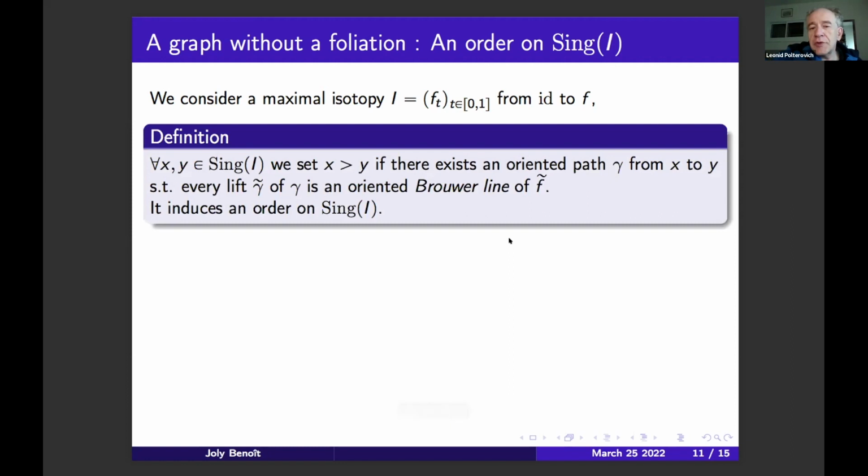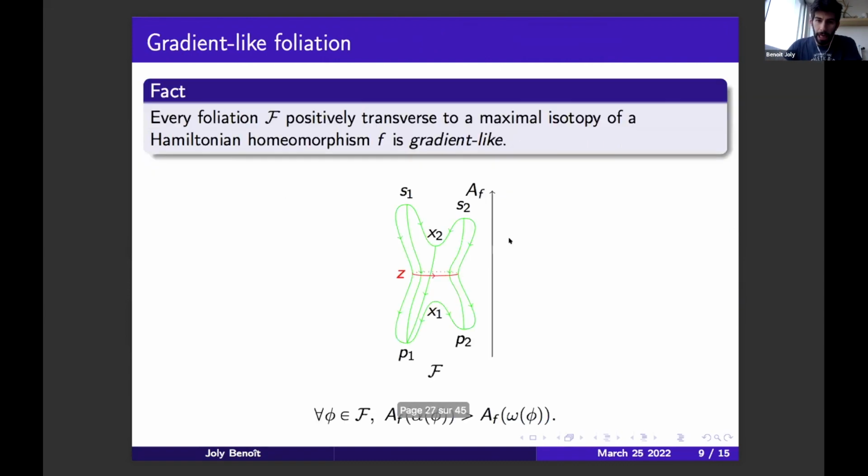Excuse me, could you please remind what is a maximal isotopy? A maximal isotopy is an isotopy such that every fixed point of f, which is not fixed by the isotopy, is linked with a singularity of the isotopy. So for example, if I consider